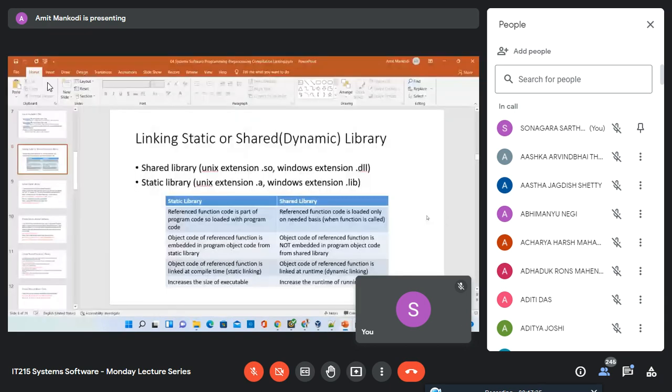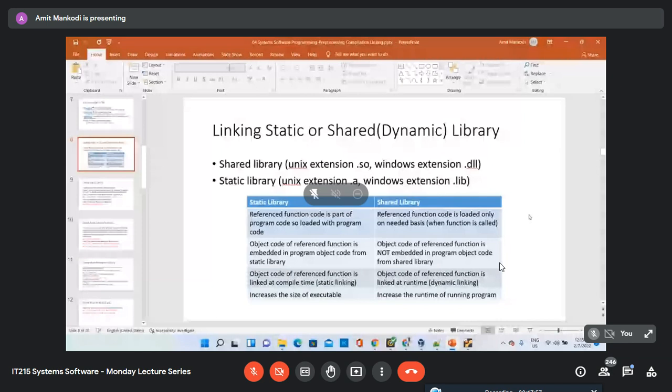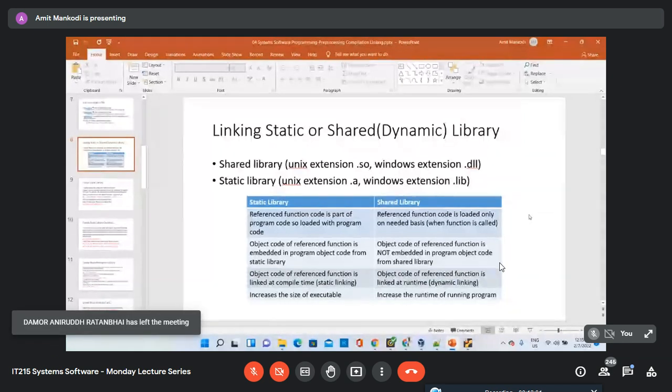I think we are already 15 minutes into the lecture. Okay, so basically what we covered in the previous lecture was about the steps that the GCC tool follows in order to generate your executable file from the source files, the C file and the header files. GCC follows these 4 steps: pre-processing, compilation, assembling, and linking. Those are the 4 steps we looked at.